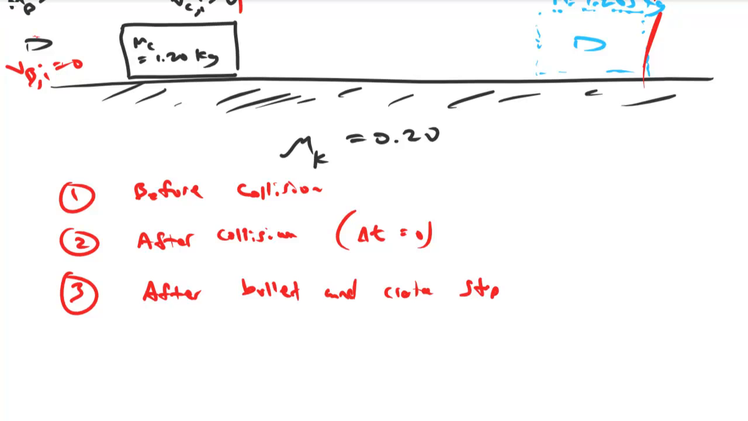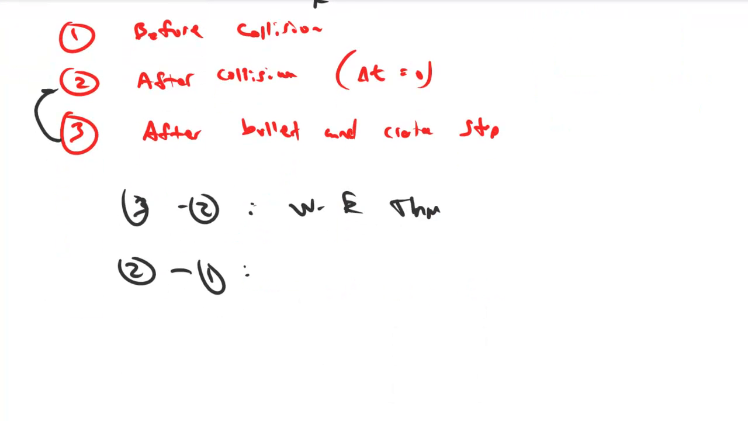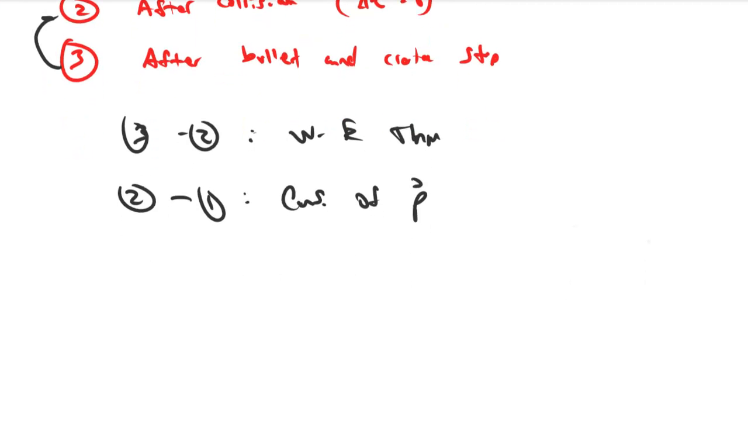Okay. And the strategy here will be to work backwards. We'll use the work energy theorem backwards from 3 to 2. So 3 to 2 or 2 to 3, work energy theorem. And then from 2 to 1, we'll use conservation of linear momentum. Okay, so let's go backwards then. So from 3 to 2 or 2 to 3,